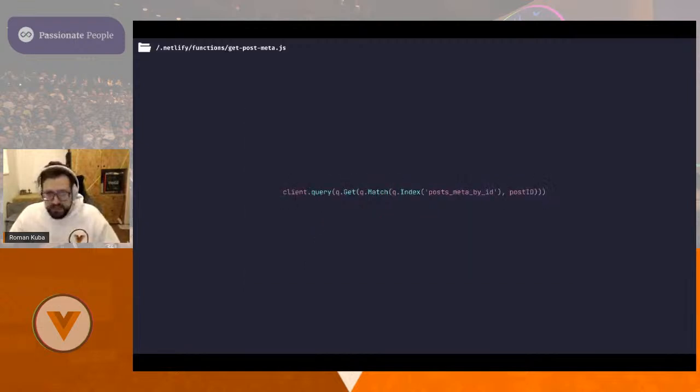That's that. So if we look at the functions, on the top left, you see where this function is lying. There's the folder functions/ and get_post_meta.js. And basically, if we want to retrieve the data and see what's there, that's that. This is our Fauna query that we call, and it returns everything for us, which is nice.